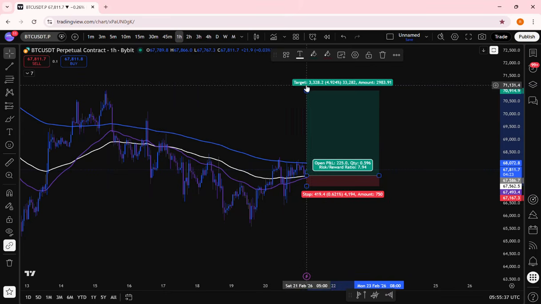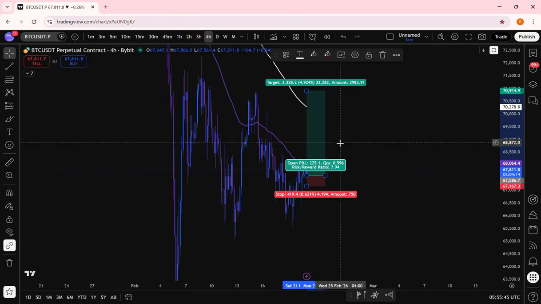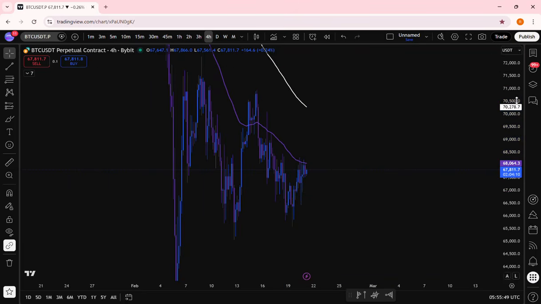risking $419 to make $3,328. Now, when we have a look at this, let's say on a 4-hour time frame, we can see that, let's get rid of that. We can see